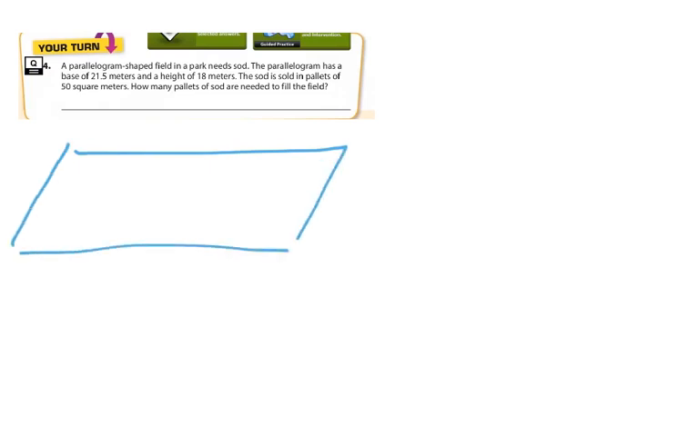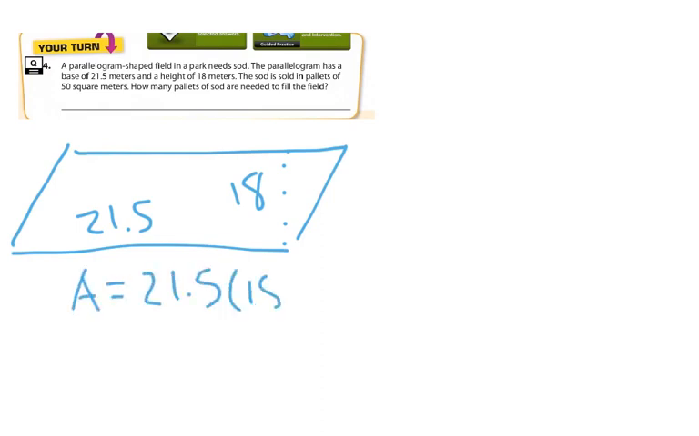Let's look at another example. A parallelogram shaped field in a park needs sod. The parallelogram has a base of 21.5 meters and a height of 18 meters. The sod is sold in pallets of 50 square meters. How many pallets of sod are needed to fill the field? Okay, so same problem, different shape, different numbers. 21.5, 18. Okay, and so what we need to do is figure out, first of all, what is the area of this. So we'll go 21.5 times 18, and that gets us